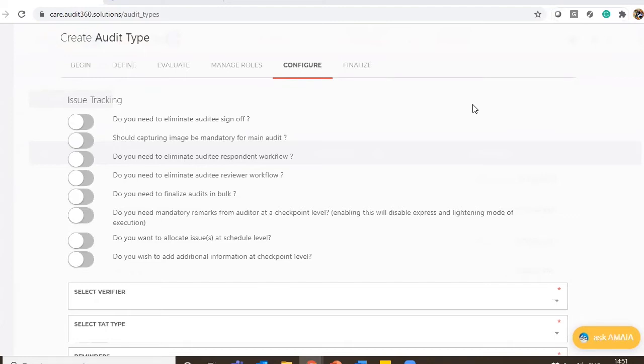An audit type is like a large container. Inside that, partitions are possible by way of adding subaudits, which could be your processes. Then under subaudits, there are groups, which are your sub-processes. And then under groups, there are checkpoints, which are individual control points.